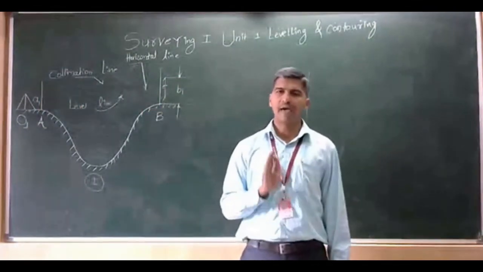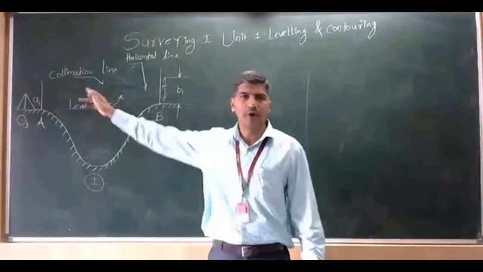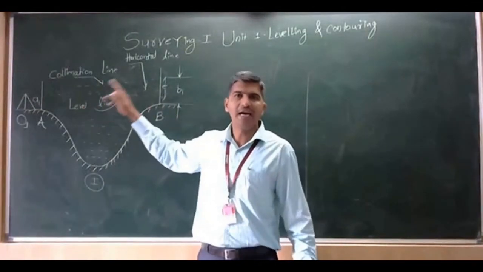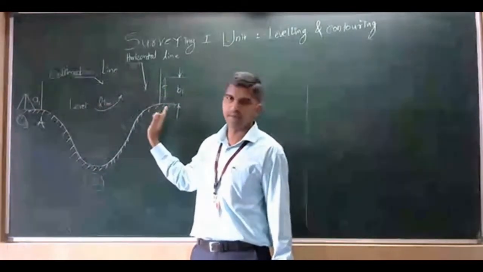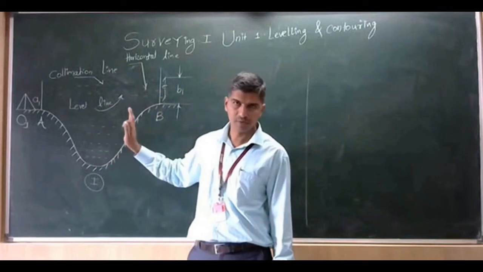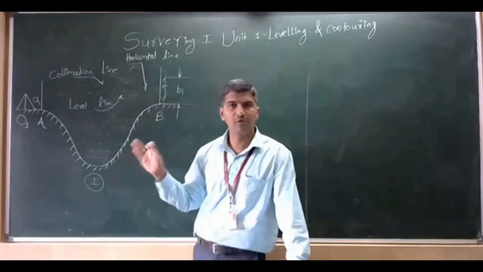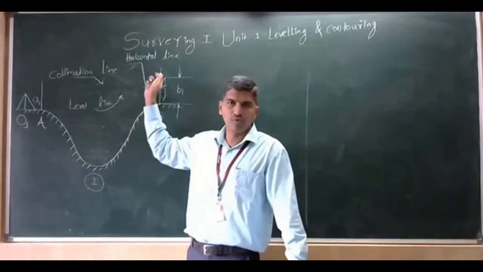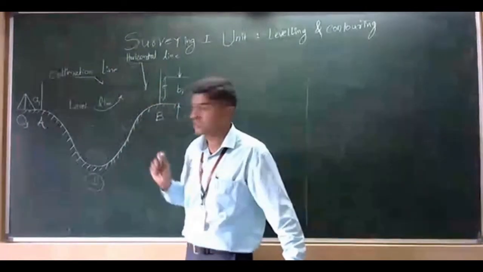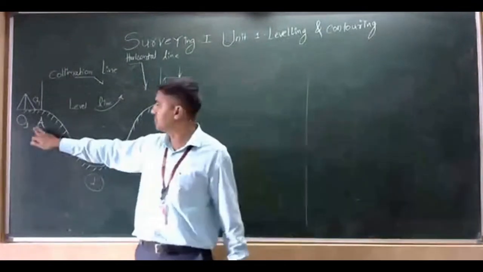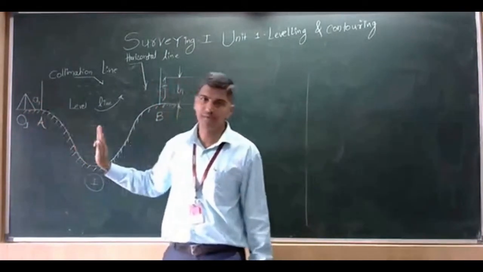In first case, I have established 2 points. We require to find out the level difference between point A and point B. Point A and point B are separated by either a river or a well. So here I have shown a river. Now to find out the level difference between point A and point B, we have to go for reciprocal leveling. In reciprocal leveling, in first case, we have to keep the instrument very near to point A. So I have chosen O1 as my first point.